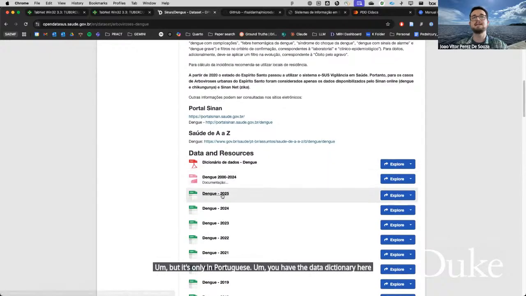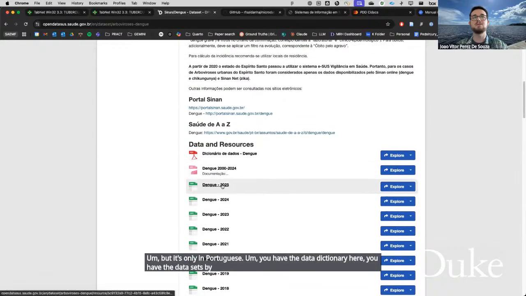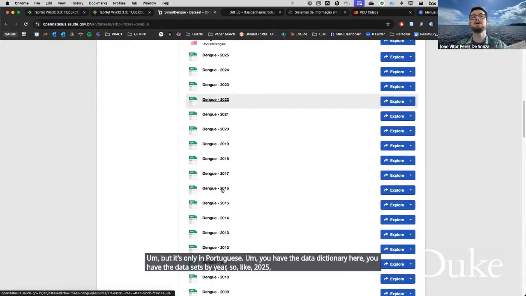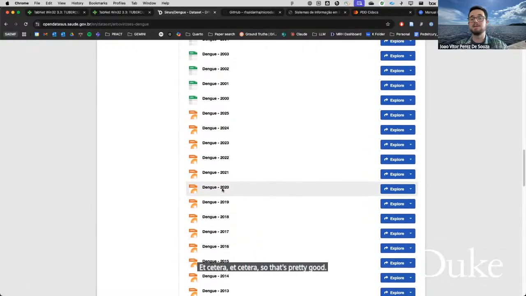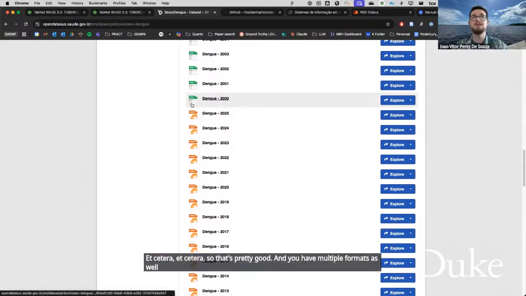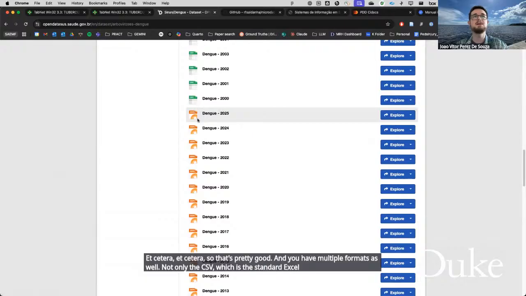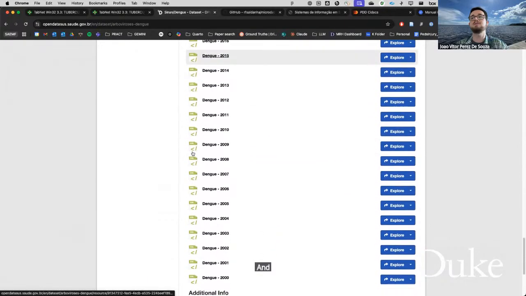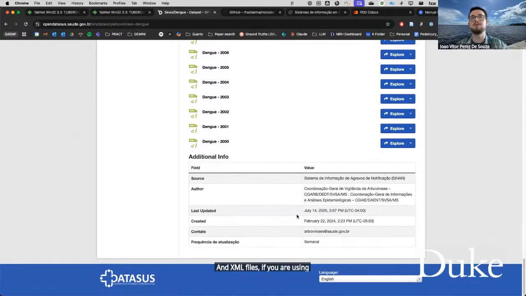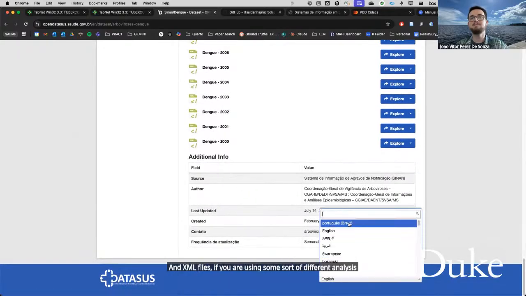You have the data sets by year. So like 2025, 2024, et cetera. So that's pretty good. And you have multiple formats as well. Not only the CSV, which is the standard Excel or spreadsheet format, but also JSON and XML files if you are using some sort of different analysis.